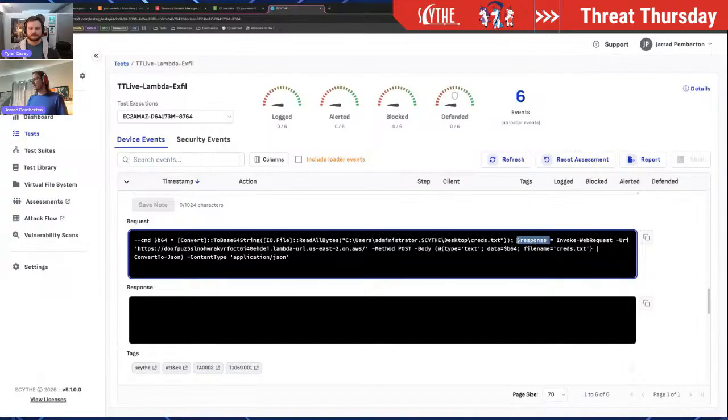Then there's going to be this request, which will Invoke-WebRequest, and again that aliases out to curl.exe, to the Lambda URL with the post method. Then you have to provide a body, so you would say what type it is. We'll say it's text. The data sent across is the base64 environment variable and the file name. What this last pipe does is convert it to JSON, and then it is sent off. When it hits the Lambda, it will read that base64, reconvert it back to the original file,